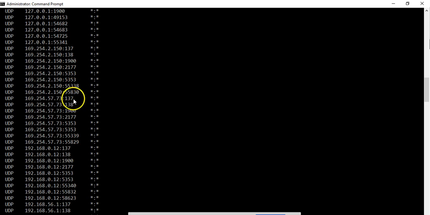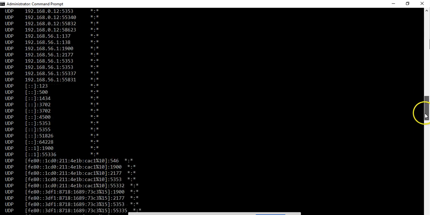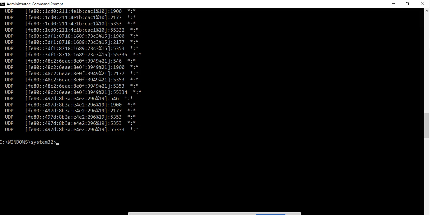ports would do. But you can see we talked a little bit about this before. 137, 138, we immediately know because we've memorized all the different ports that are out there. We know that that is NetBIOS, so that specifically is doing some sort of communications over NetBIOS using those ports there. So that's really how to view active ports on a